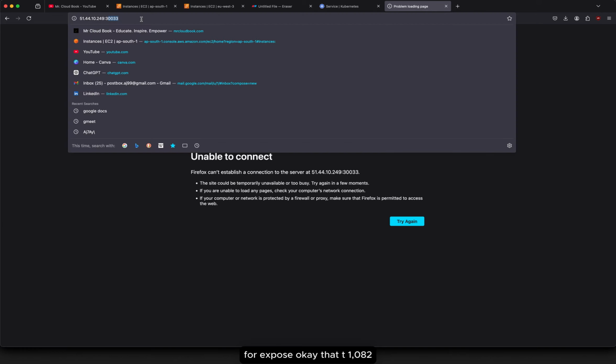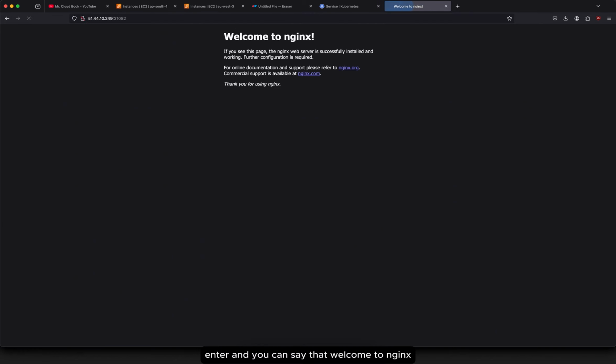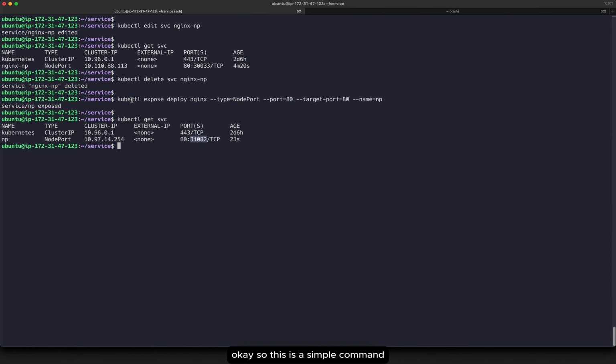Okay, 31,082, enter, and you can see that welcome to Nginx. Okay, so this is the simple command. You don't need to provide the node port here. Okay, like this particular port we want to do, but if they asked you like this one, I already explained,